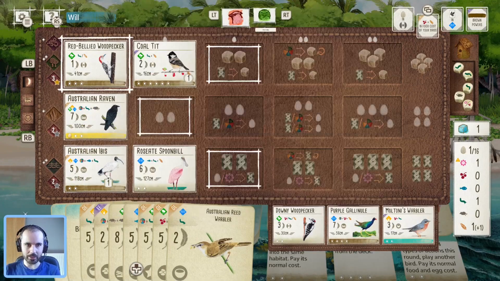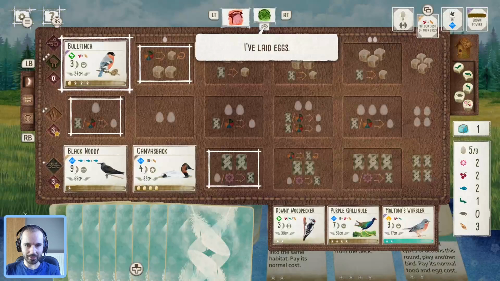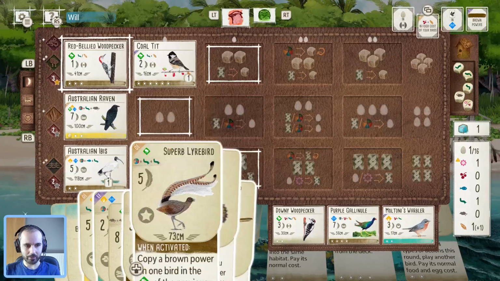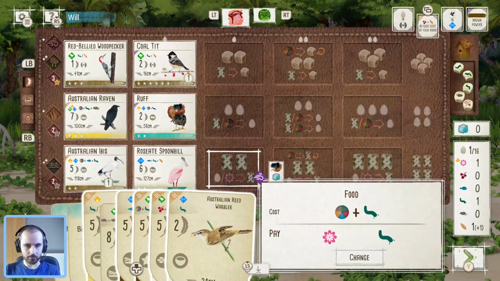So what have they played? They've laid eggs again. I think they've got to be playing something with all this nectar, and I'm pretty sure it's going to be something for the center round. So I'm not going to stress about that. We're just going to go play our rough, and